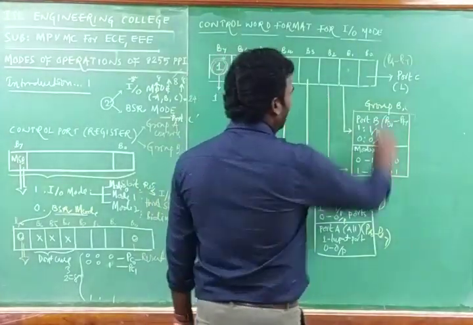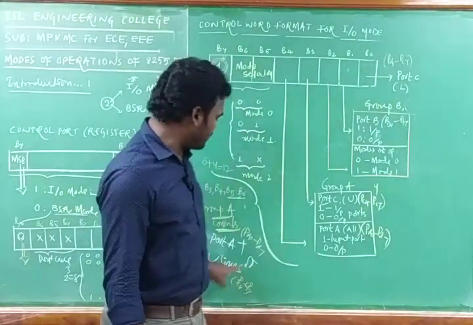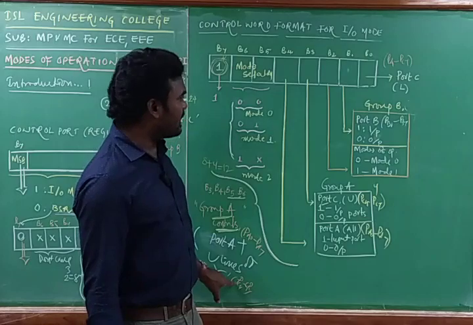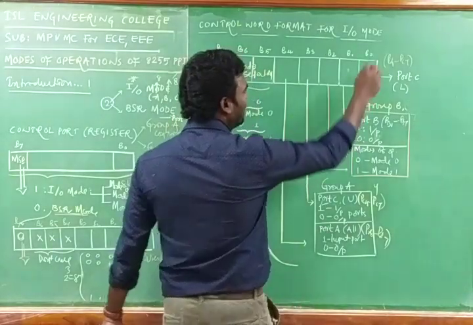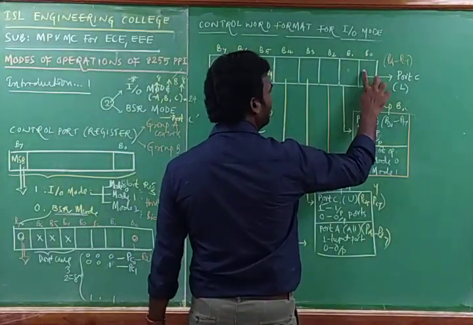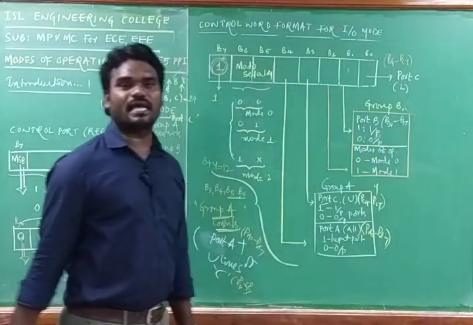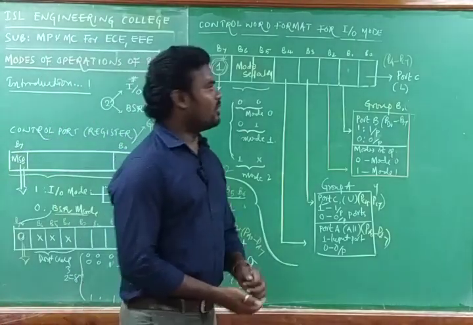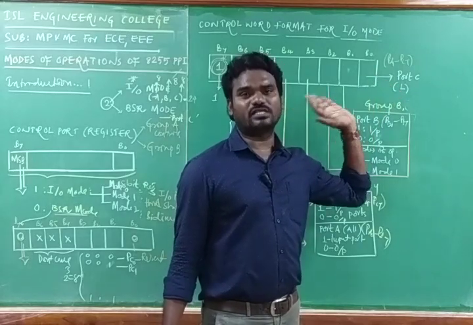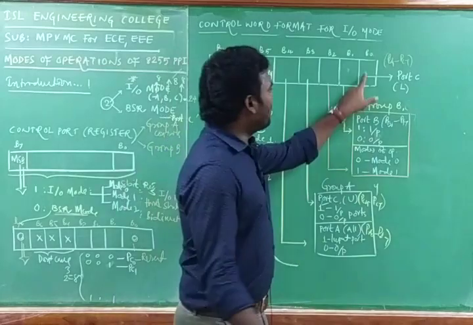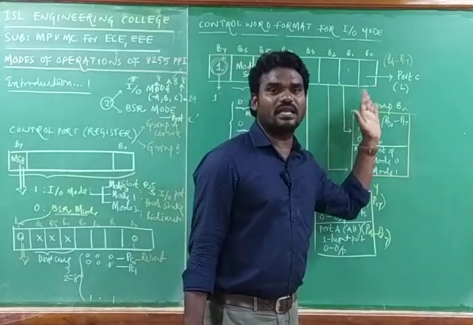The remaining thing is the last bit, B0, which is for the port C signals. What are the port C signals that remain? The upper lines of port C are completed, so the lower lines of port C remain, that is PC0 to PC3. Whenever this is 0, it acts as the output signal. Whenever this is 1, the lower lines of port C act as the input signal. Simply, whenever B0 is 1, the remaining port C signals serve as input signals. Whenever this is programmed as 0, the remaining port C signals, that is PC0 to PC3, serve as the output